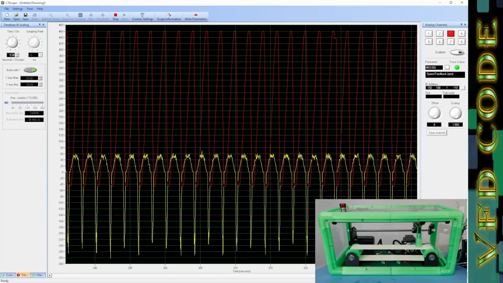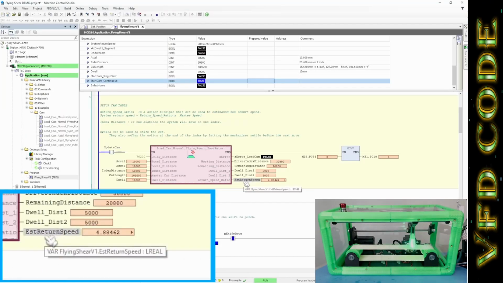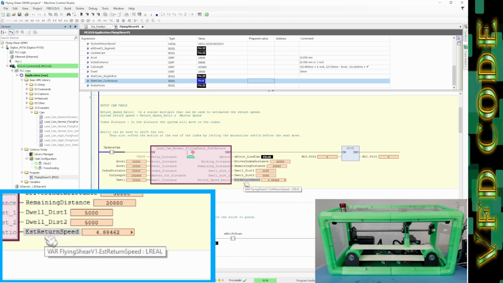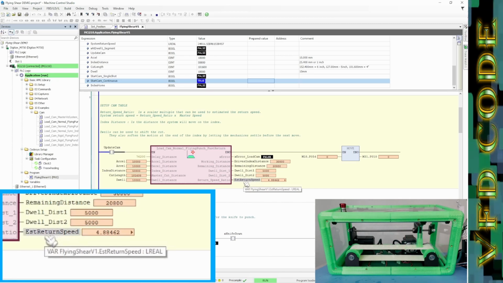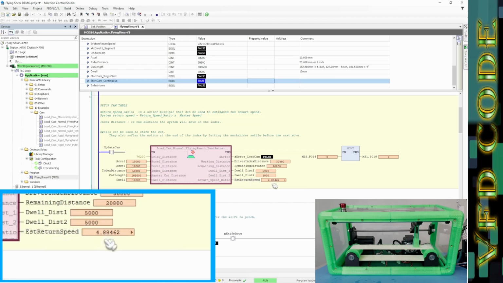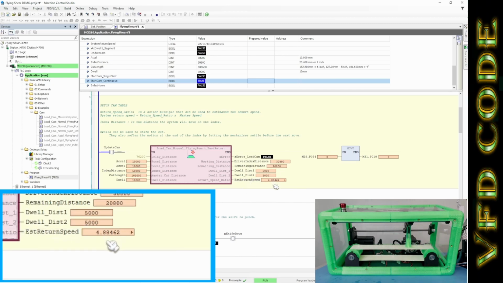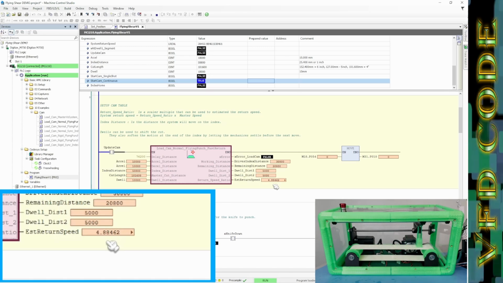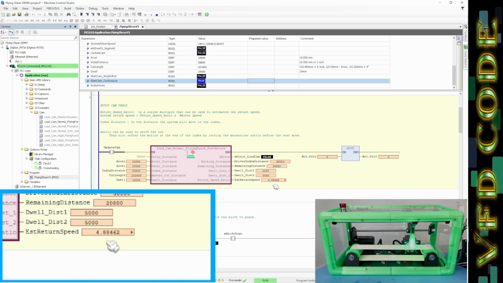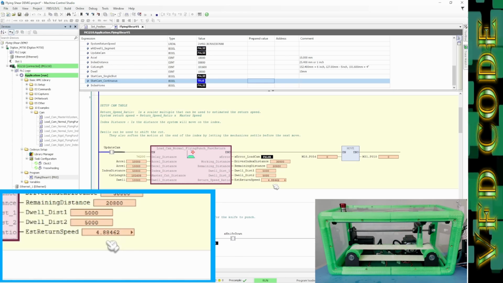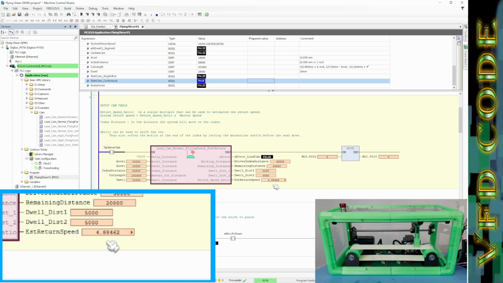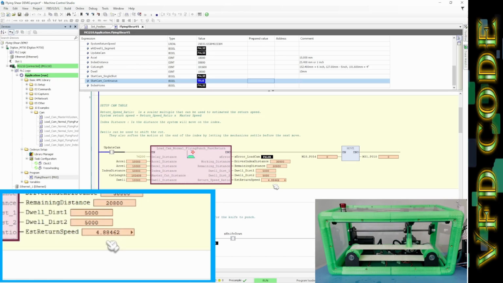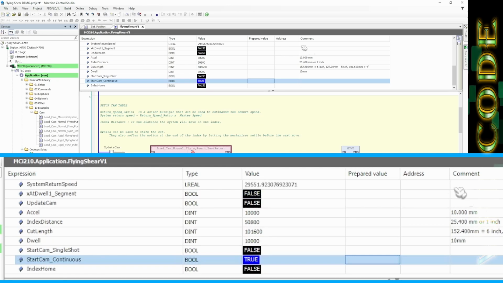Now, the nice thing about our code is that this block will actually tell us what the estimated return speed is as a ratio, or actually a scalar. So here you can see it's 4.8. What this is saying is that the return speed to home is going to be 4.8 times faster than whatever the master is doing. Okay. Now remember, the master is the conveyor belt, so the knife is going to go back 4.8 times faster than the conveyor. So if we speed up the conveyor, of course, the knife has to go back faster too. Okay. And again, if we change the